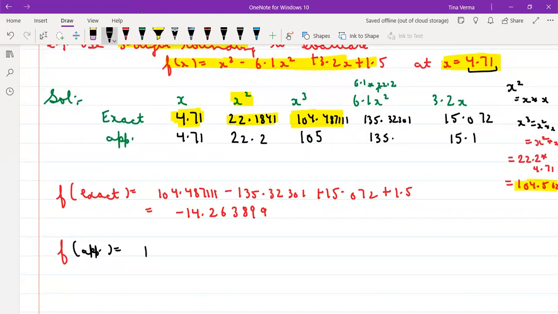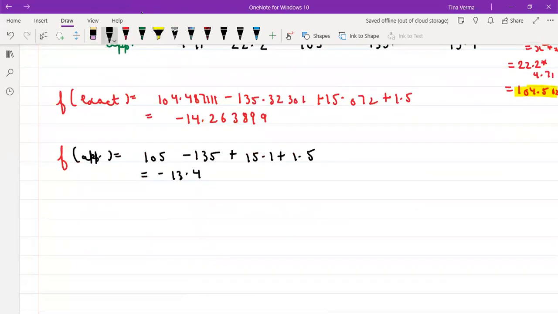this is coming out to be 105, right? Minus 135 plus 15.1 plus 1.5. So if you calculate, this is coming out to be minus 13.4. And if you calculate the error in this term, the relative error means your exact value minus the approximated one, divided by the exact value. So that will be minus